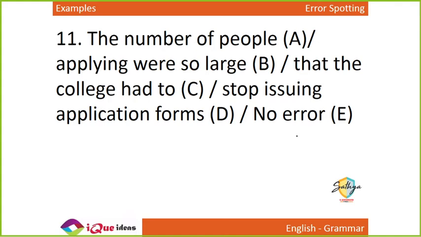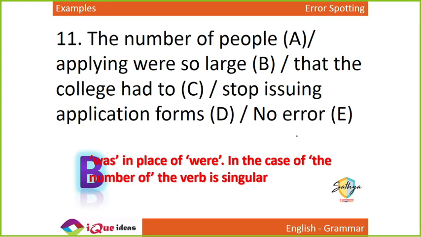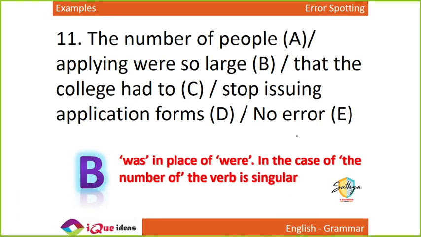Okay, what was large? The number of people, right? It is the number which was large. Number of people. So ultimately, can I say the number was large? And number is singular. We don't say number were large. Numbers were large. But it's a singular thing. So we have to say number was so large. So the number of people applying was so large that the college had to stop issuing application forms. Right.